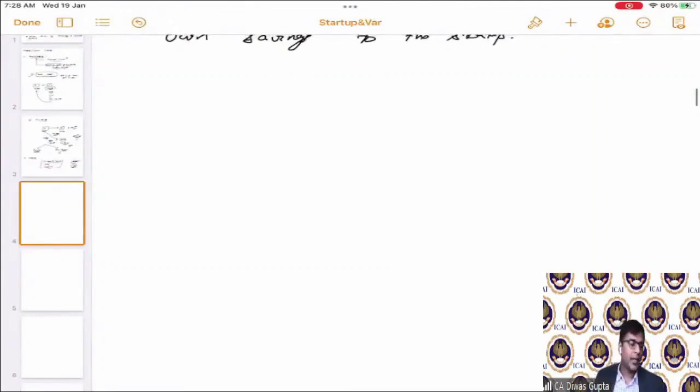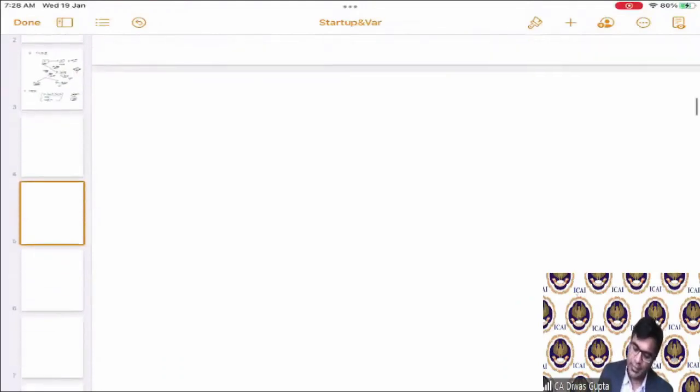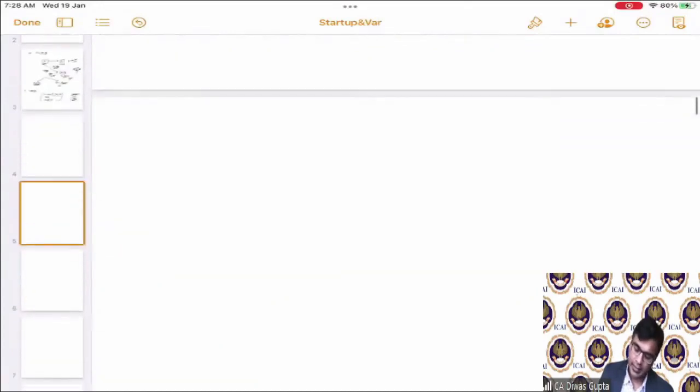Yeah. Now the next part is the venture capital fund. This is the main part. I will use the next page actually, because this will take up the entire page. So students, now please understand this very carefully,